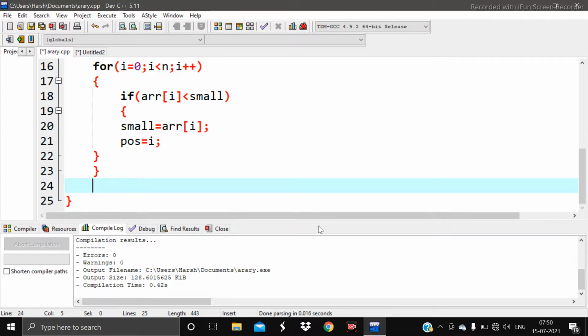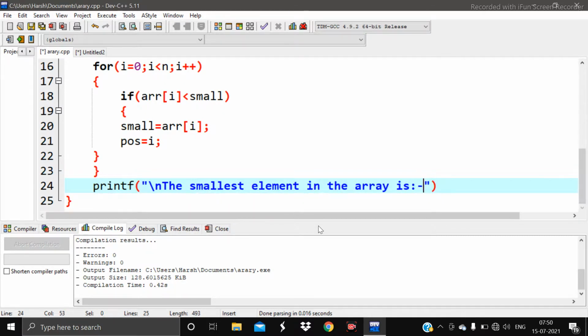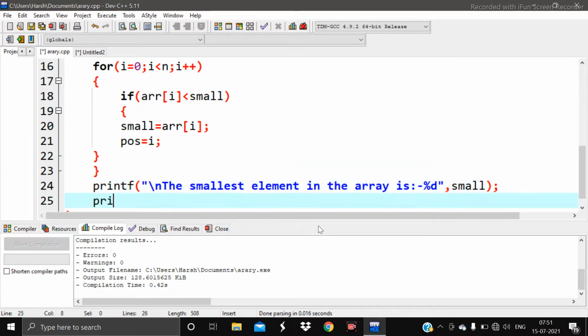Now we have to print it to show the user that this is the smallest element. So backslash n and printf the smallest element in the array is. Okay, so here we will use %d because the data type being used over here is int, and at last enter the small variable, because small is the variable declared to show which is the smallest element present.